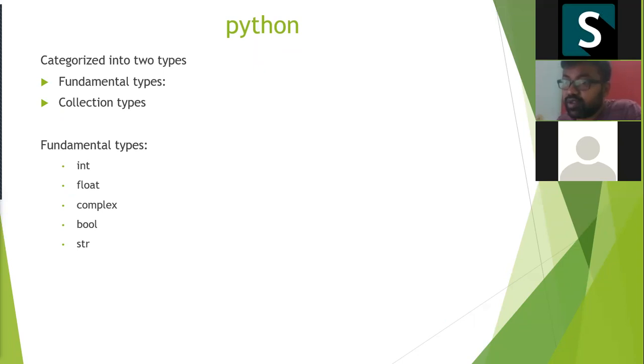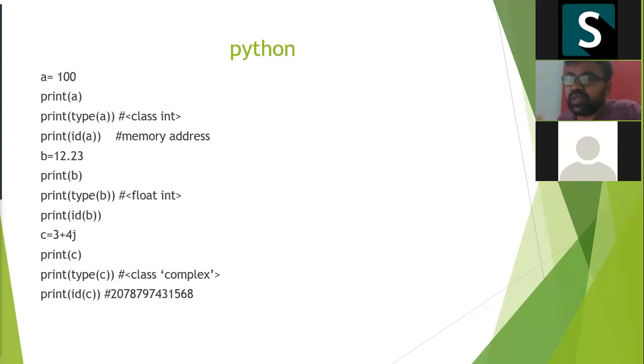Yes, sets don't allow duplicate values. You are correct, and I'll explain one by one. We'll start with the integer first. An integer is a number, and I can assign a value to a variable. a equal to 100 is my integer. I can print that, I can ask for its type, and I can do mathematical and arithmetical calculations, addition, subtraction, multiplication, everything we can do with the integers.